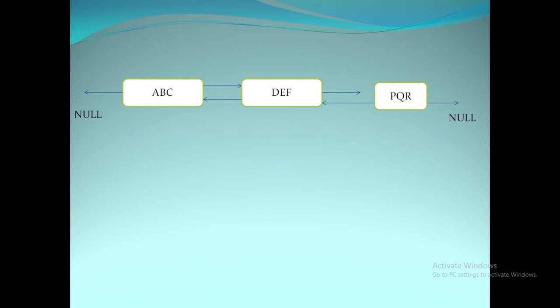So in this way, the addition or deletion of an element is a very easy thing in the linked list. That's why it's the best choice whenever our frequent operation is insertion or deletion. But for retrieval, it's the worst choice, because to retrieve a particular element we have to navigate by the pointers: from ABC, then the next pointer goes to DEF, and from its next pointer we get PQR. That's why retrieval is the worst choice for the linked list. Now let's try to understand this with our practical example.